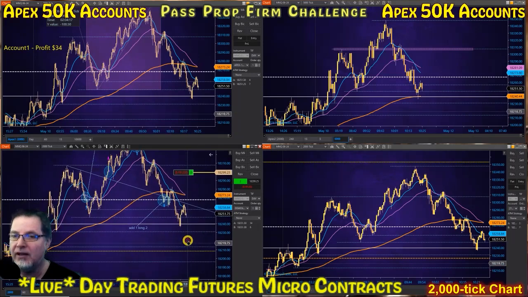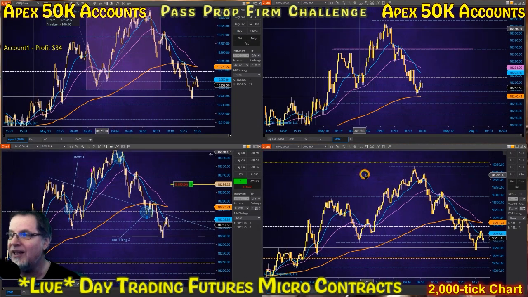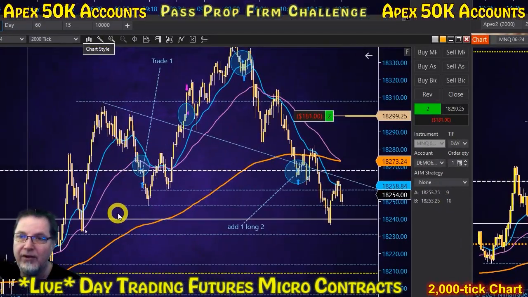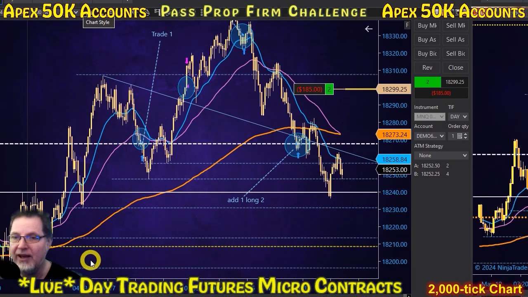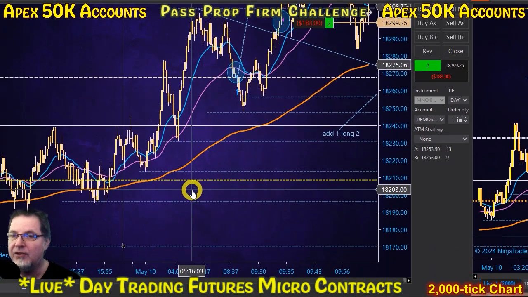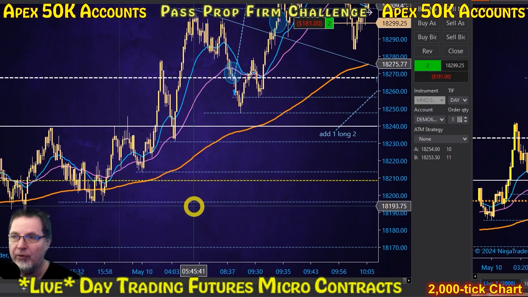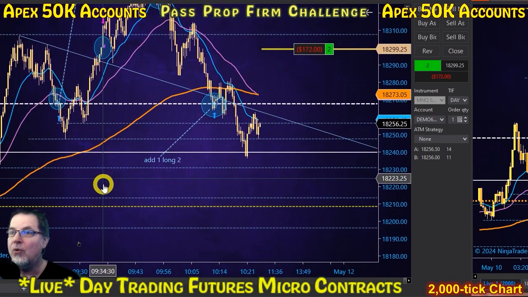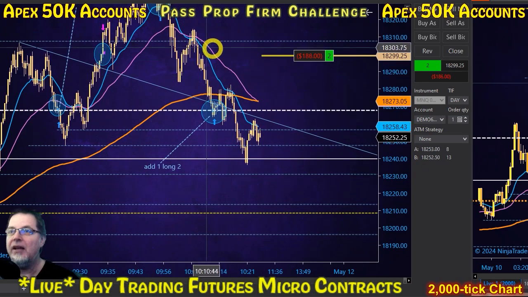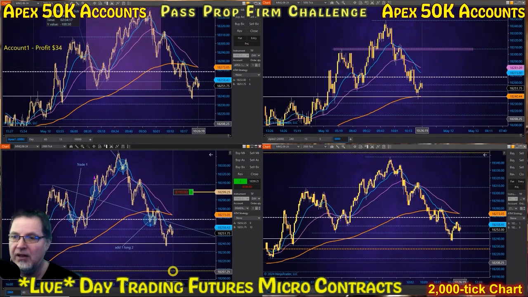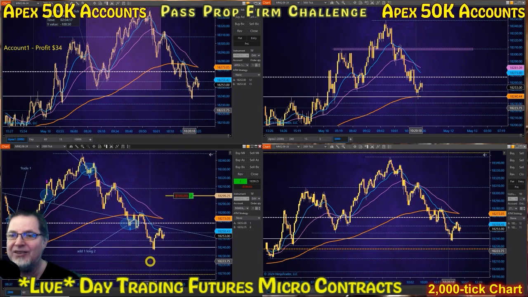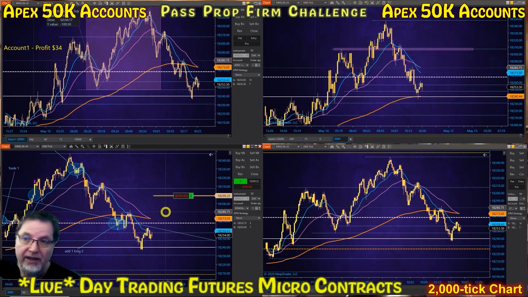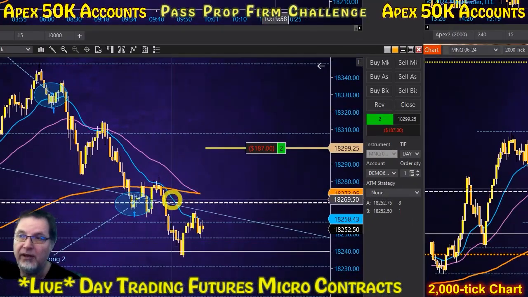And I also like that I'm still planning on using my real money account when it gets down to the point that I was looking for earlier in the day. When I first entered this trade right here, the very first trade, when it started going against me, my plan was to wait for it to come down to these levels here and get in with my real money. That's still my plan, and it's not there yet. So I'm going to stick to my plan and use all these accounts to kind of gauge the best time to get in with my real money, and hopefully in the end also be profitable in the simulator.